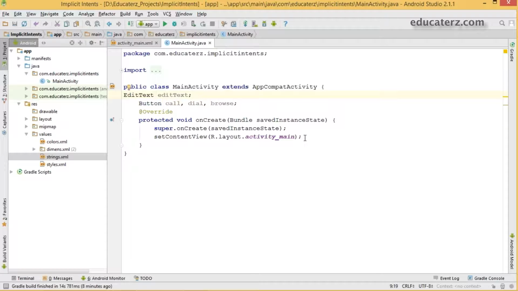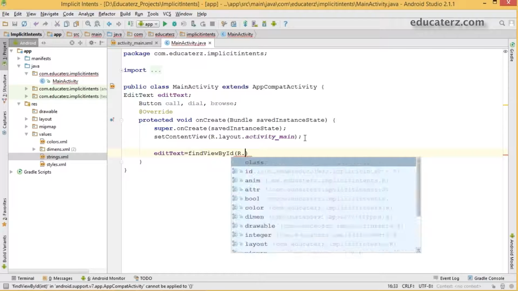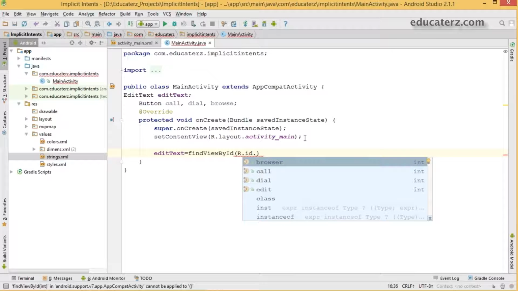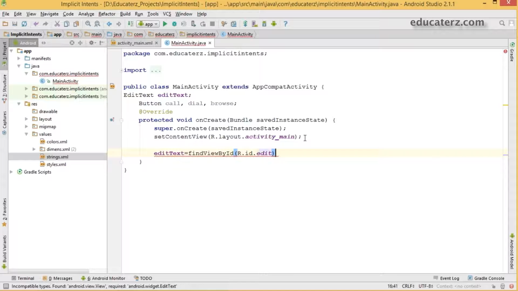So it's all done. Now load them using the find view by ID method. So I'm going to use the find view by ID method for this dot id dot. The first one is the edit text, with a semicolon. So I should do this for how many? Three more buttons.